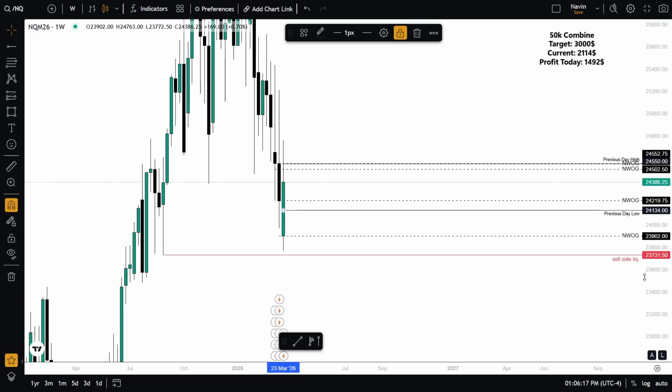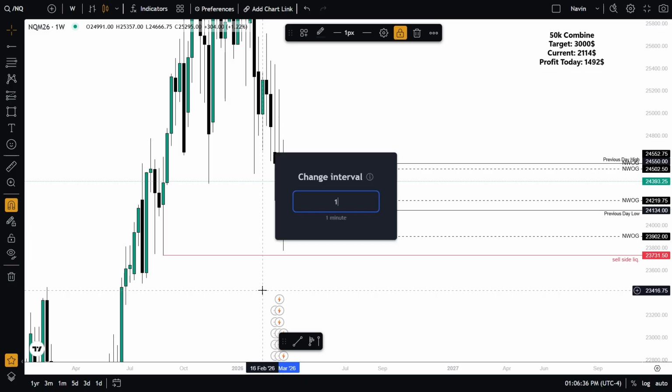Comparing with the weekly chart, we are just into a huge volume imbalance, so I'm primarily looking for a downside movement. Let's go into the lower time frames and look for movement towards the sell side, which I marked over here. That's what we are trying to do. So let's jump into the